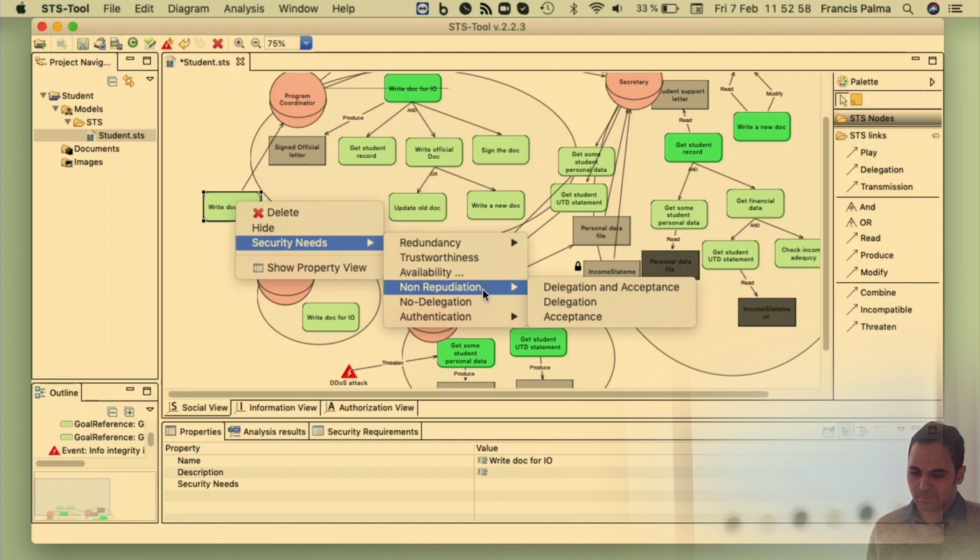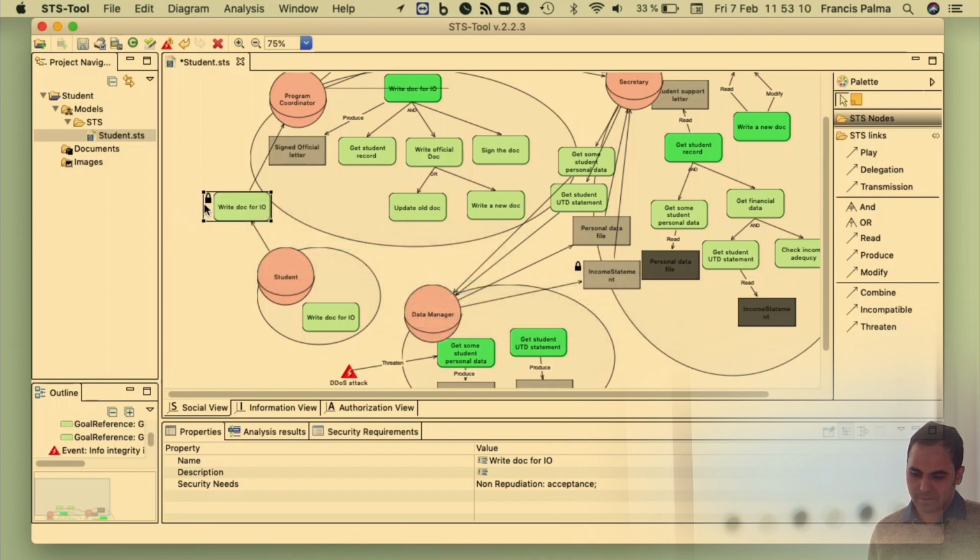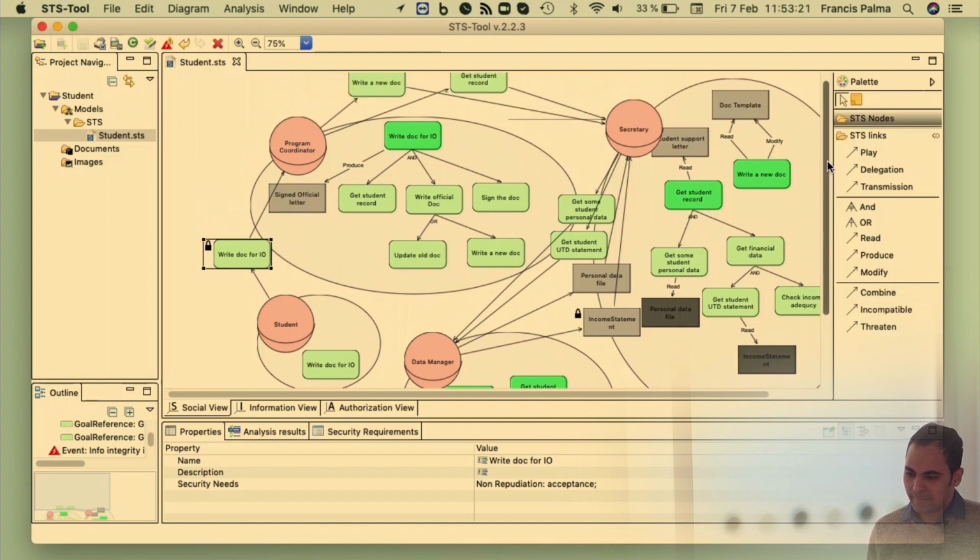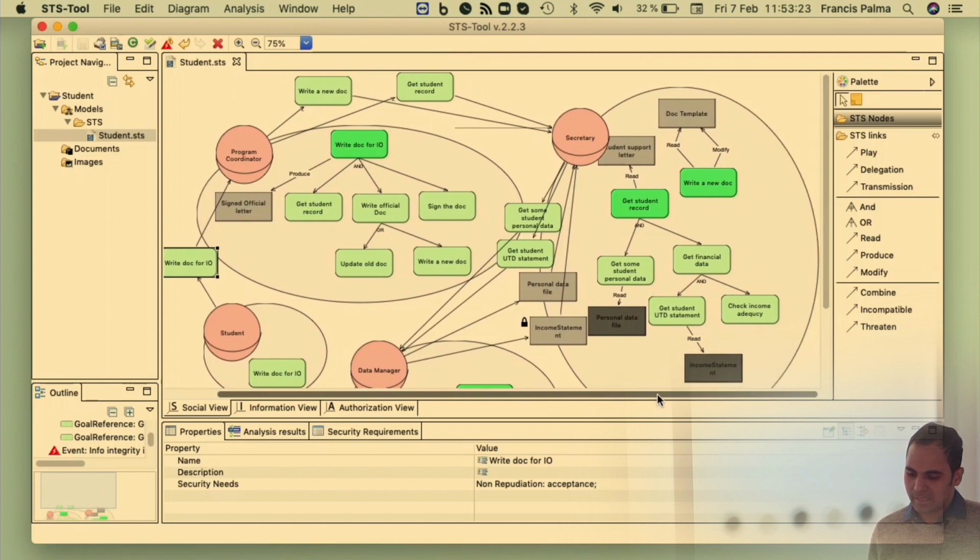So the program coordinator cannot reject this objective or goal, and we say that it's a non-repudiation but acceptance. So he must accept this goal, or she must fulfill this goal. Then we can similarly add other